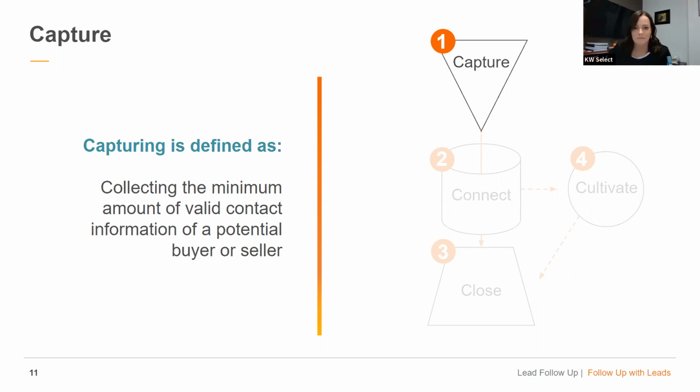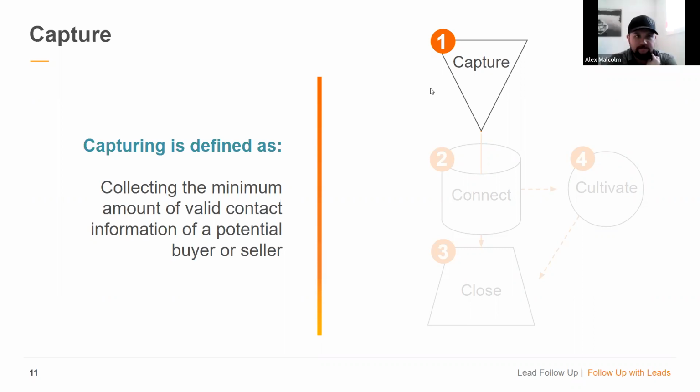So this should be their name and a way to get a hold of them, like an email and a phone number, one or the other, at least one of them. And this will likely occur while you're lead generating. Okay. What are some methods you can use to actually capture leads, other than manually inputting them to command?